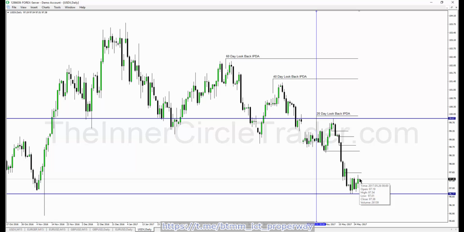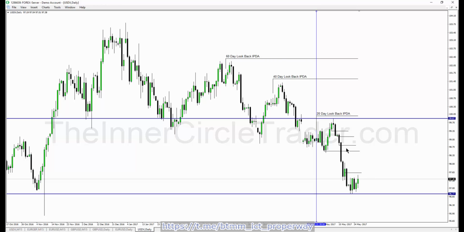Now, because it's in the discount of the 20-day lookback, it doesn't mean just go in there and buy it and expect it to go straight up for the dollar. You have to look at where we are in terms of historical reference points. Even though we go back 60 trading days, we are really low in the last 60, the last 40, and the last 20. So we're really down there. Historically, looking beyond the last 60 trading days for a macro view, we have always referred to this low back here in recent analysis because it's going to be influential. So price did sweep below that like we were expecting, and we saw a little bit of a move up. So we are in a discount market